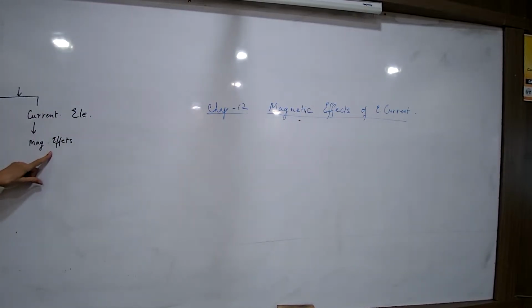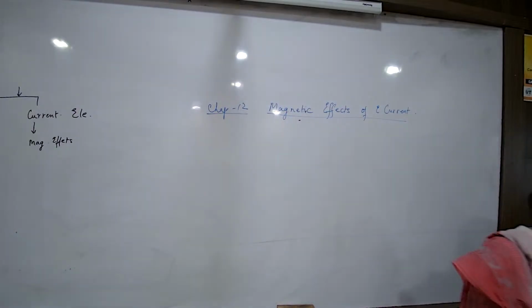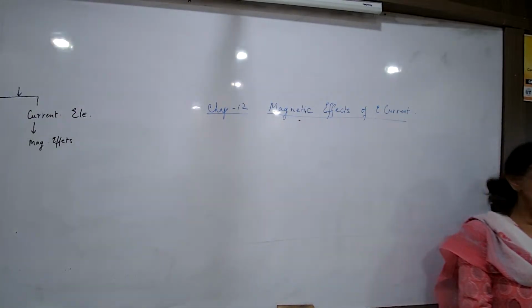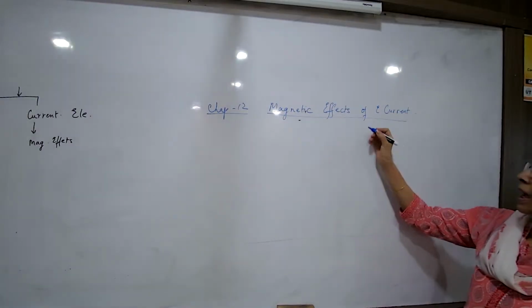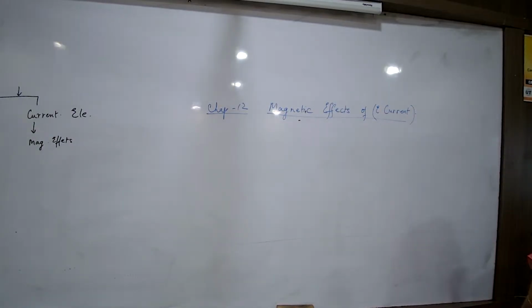So we know that magnetic effects is nothing but a continuation of electricity, current electricity. Once we are done with this, we come and take it up. So you should be comfortable with most of the chapters. Now, if you look at the chapter title, we know that it is the magnetic effects of electric current. Okay. So if you look at electric current itself, children,